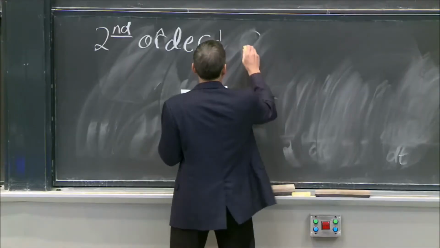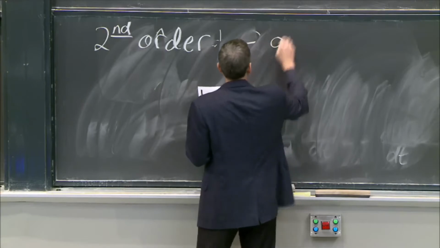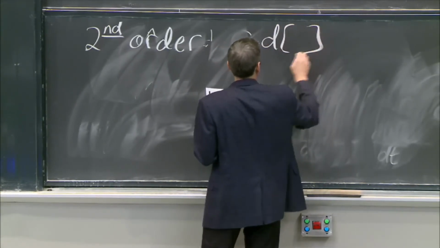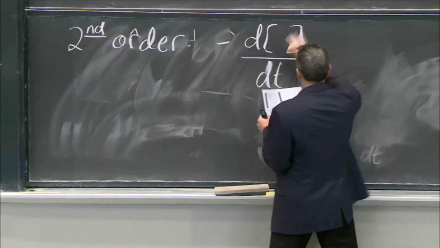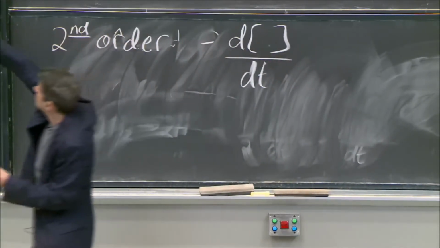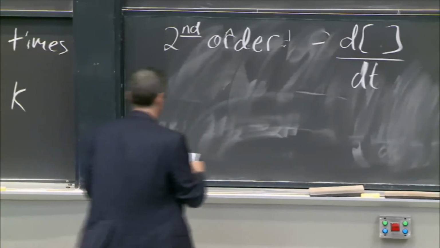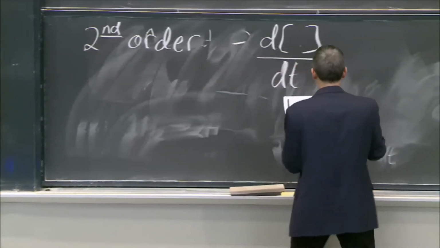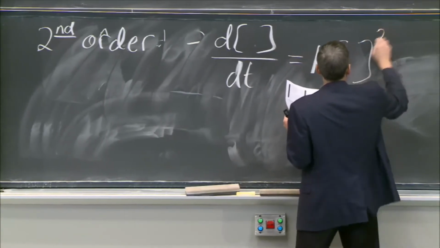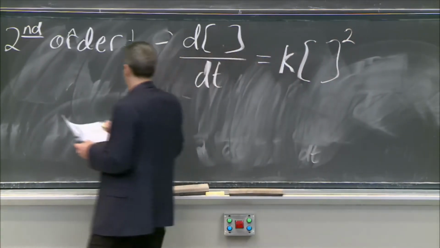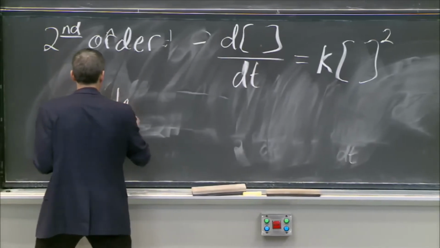Well, you have that minus d of some reactant, and I just got one reactant here. You think about it as A, so the same thing, A went to something. Minus the change in concentration of that with time is dependent on k times the concentration of that squared. And if we integrate this one,